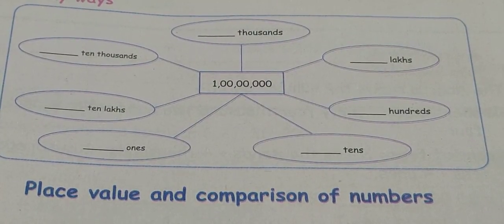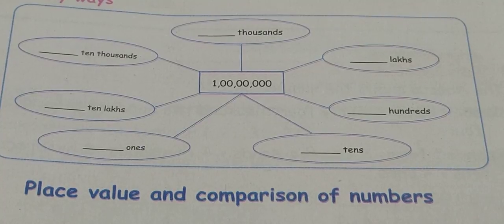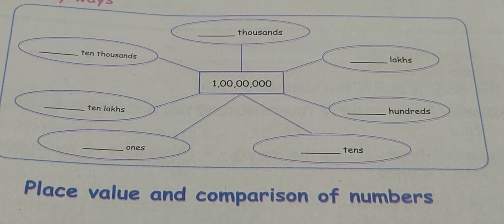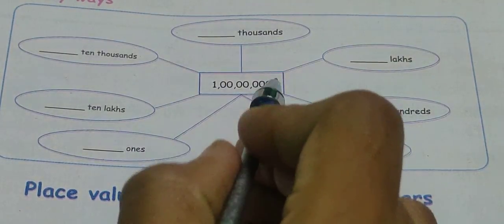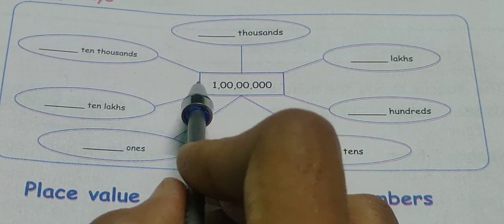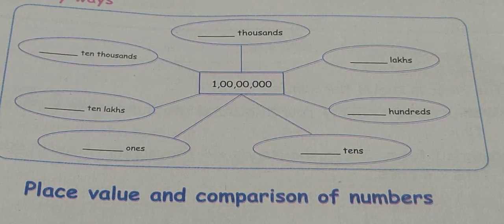Children, have you all taken? So this is crore in many ways. Let us find. Crore means how many digits does it have? 8 digits, right? See, count the numbers: 1, 2, 3, 4, 5, 6, 7, 8. A crore is an 8 digit number, okay children.